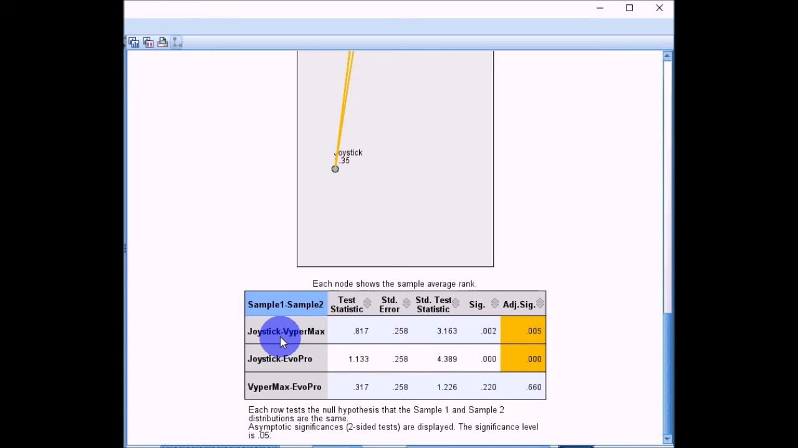The difference between Joystick and Viper Max was significant at p of 0.005. The difference between the Joystick and the Evo Pro was significant at less than 0.001. But the difference between the Viper Max and the Evo Pro wasn't significant. The p-value here was 0.660. So what we'll do now is just have a look at the median scores again to see what that actually